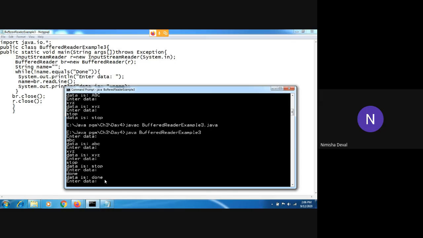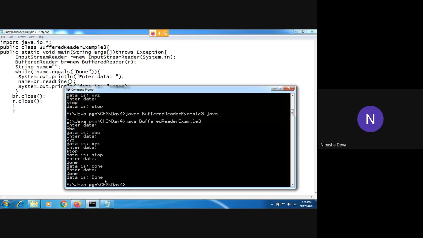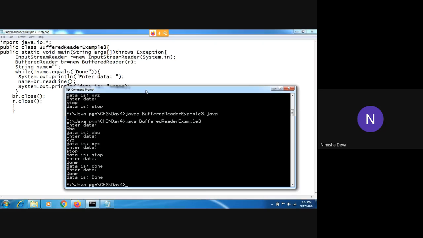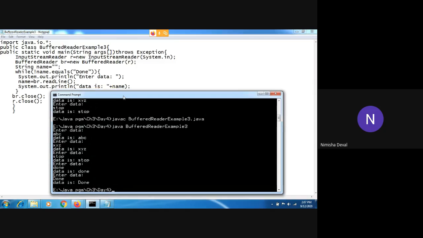It will not stop because we have written capital D here. Java is a case sensitive language, right? So while writing any data, you have to check whether it is in small letter or capital letter. So this is the use of buffered reader. If you want to take its screenshot, you can take it. So we can move towards the next stream, that is the character reader and writer.